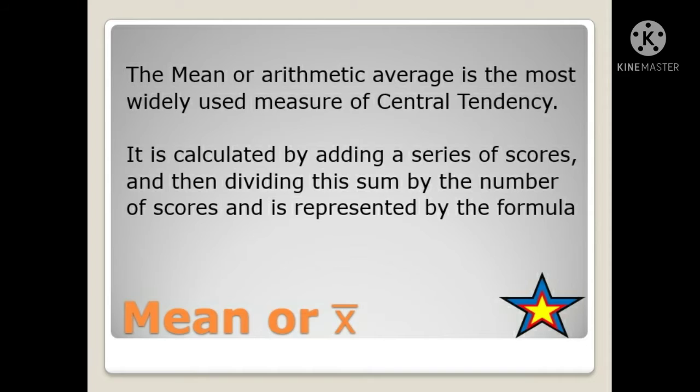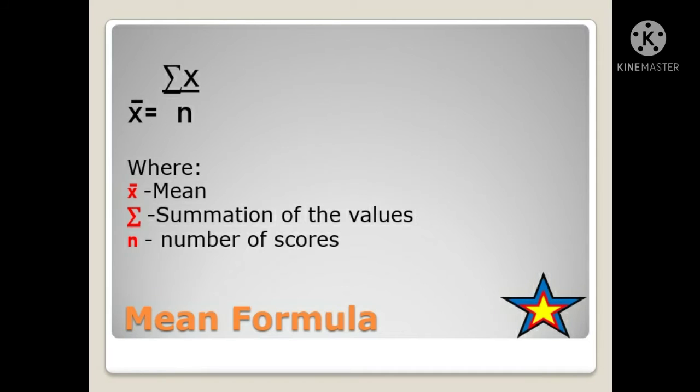Let's start with ungrouped data of mean. The mean or arithmetic average is the most widely used measure of central tendency. It is calculated by adding a series of scores and then dividing the sum by the number of scores, and is represented by the formula. Mean is equal to summation of x over n, where x-bar is the mean, summation of x is the sum of the scores, and